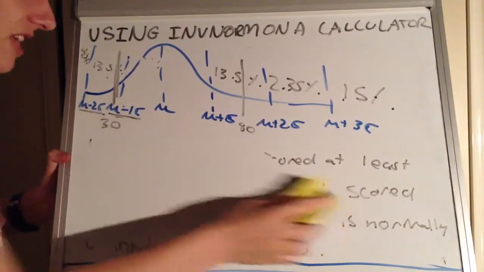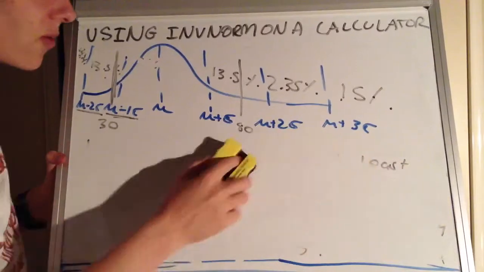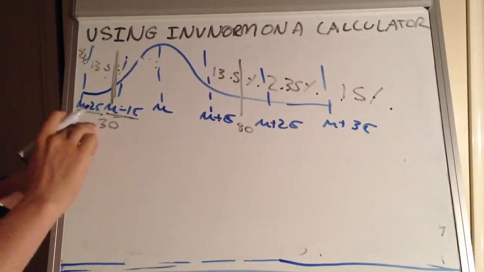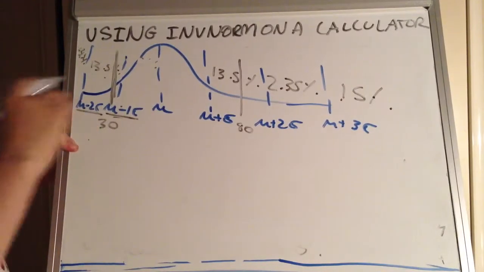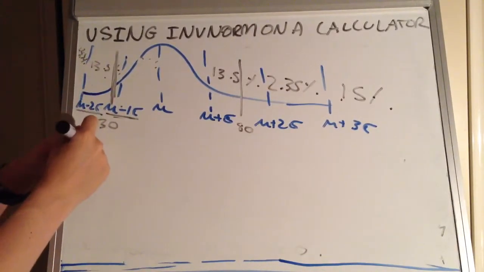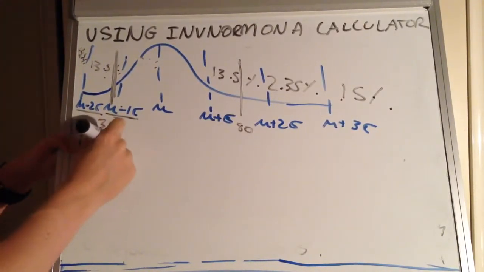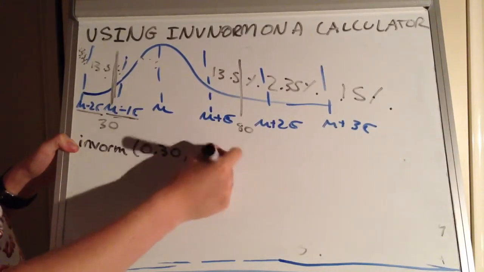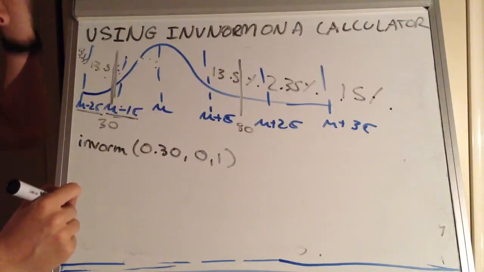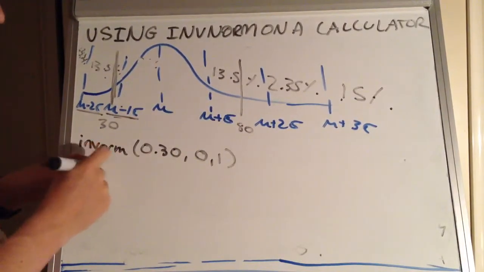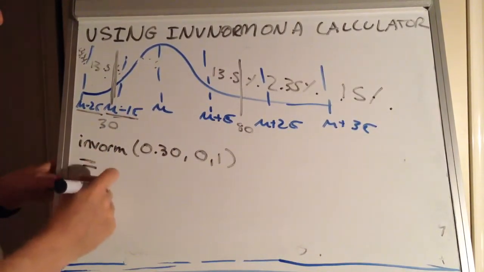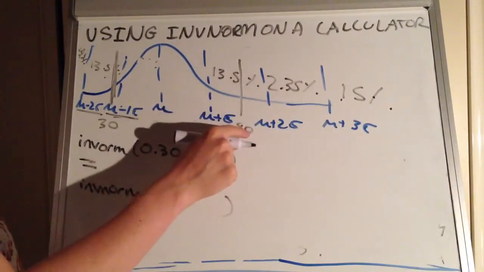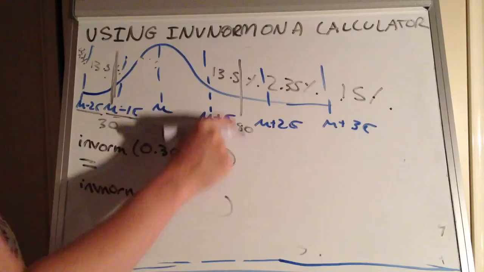Okay, so how do we set up these two equations? Well, let's think about it. Remember, it's the area below, so if we were to look at the z-score for this one, there is 30 below there, so invnorm would show 0.15, and we standardize the distribution because we don't know mu and sigma, and then we get a result from that. Our second part, we would get invnorm, and this is up here, it says that 80 marks or more